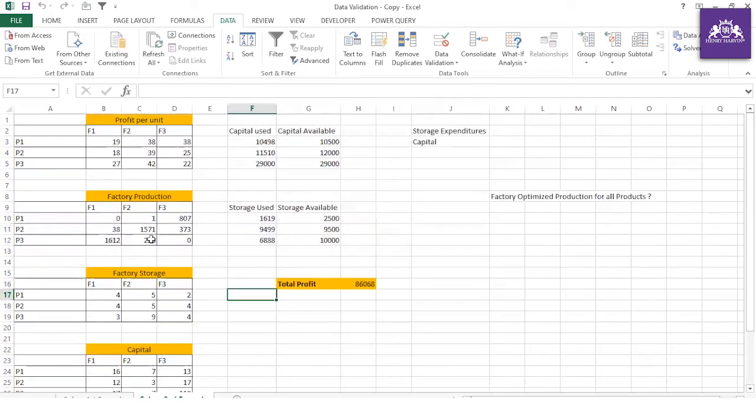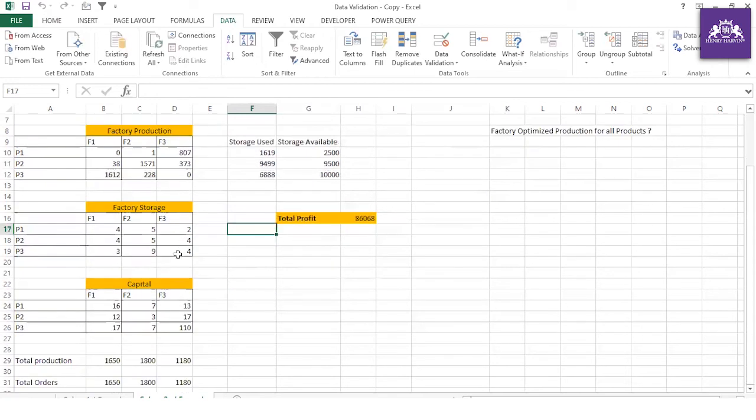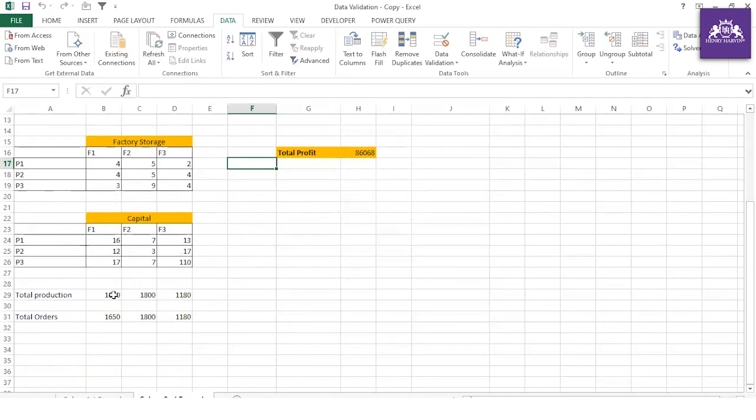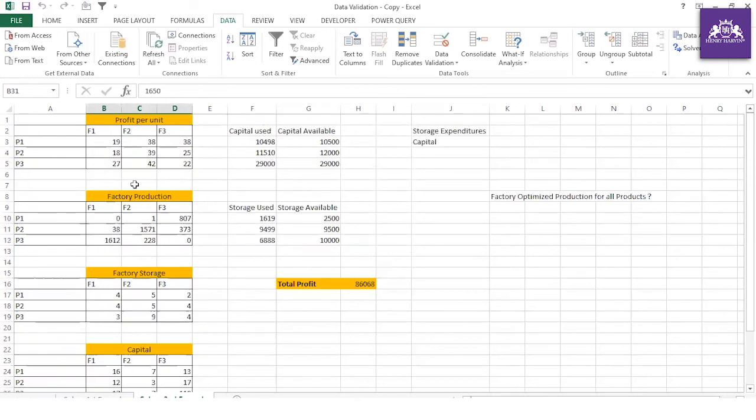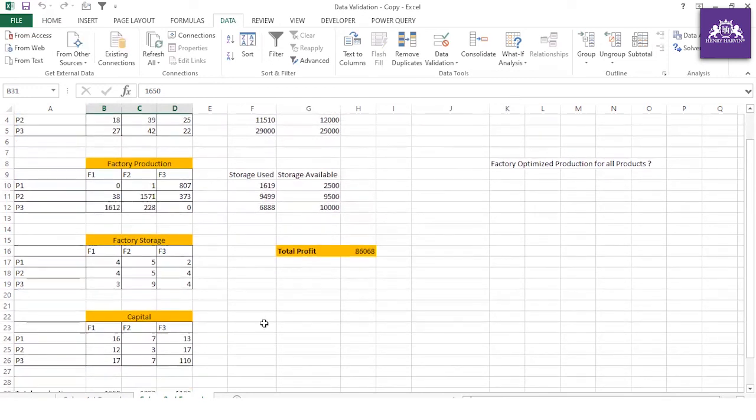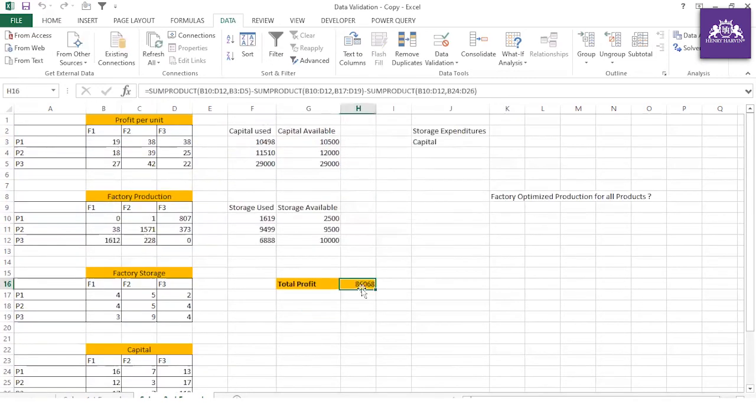All right, I hope guys you enjoyed this session where we have explained. Now you see total production, where we have applied the formula, and now total orders. So the constraint was total production should not exceed total orders. So that was the constraint. This mathematical representation of a business problem we have solved through Solver, and this is the profit which is proposed by the